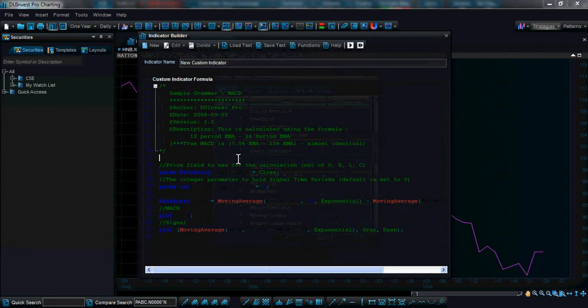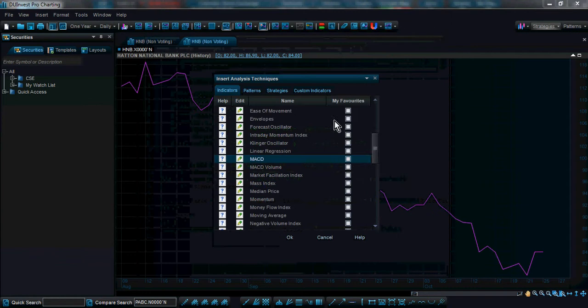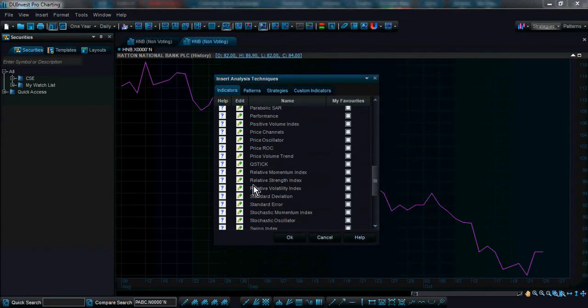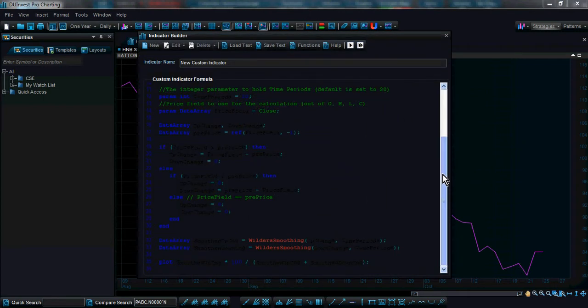If you double click there, you will see the sample code for MACD. Just see how many lines there are for MACD: 1, 2, 3, 4, 5, just 5 lines for the entire MACD indicator. Similarly, if you pick any other indicator, let's say relative strength index, just double click here. There, this is the sample code for relative strength index. Again, not more than 15 lines for the entire RSI.